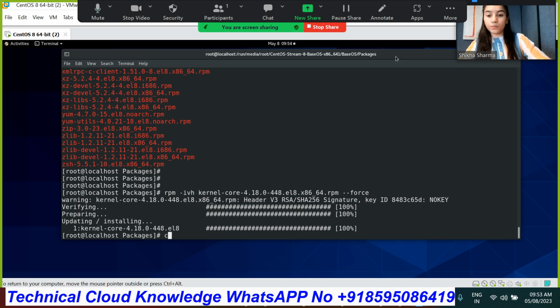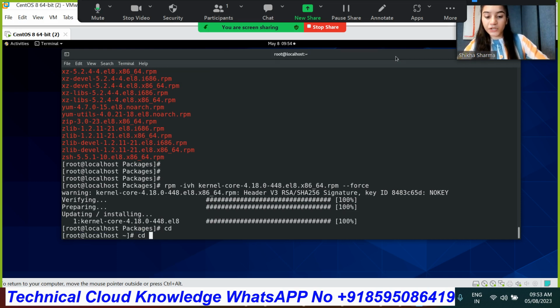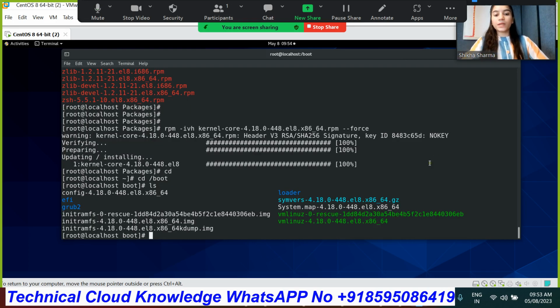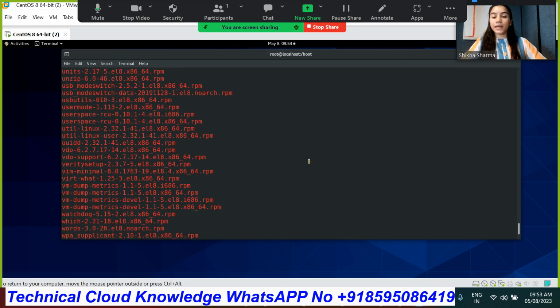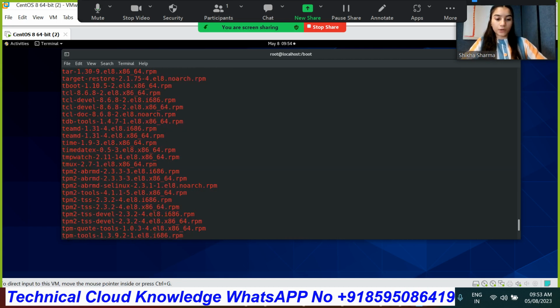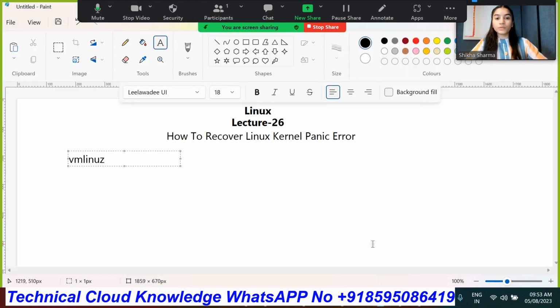So let's come under the boot directory to check whether our package has been installed or not. As we are able to see both the files, this is the command which we have to execute. Okay, so I hope this lecture is helpful to you,